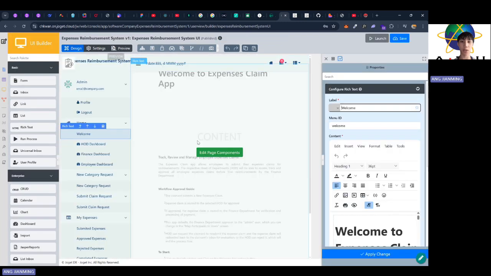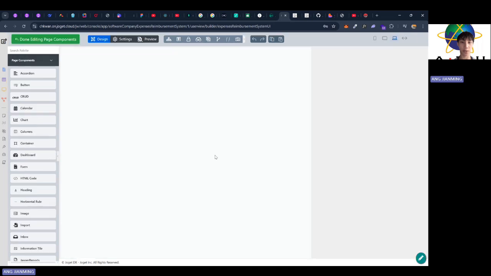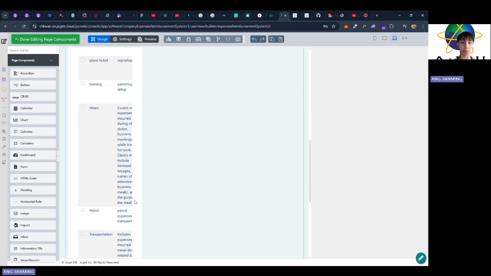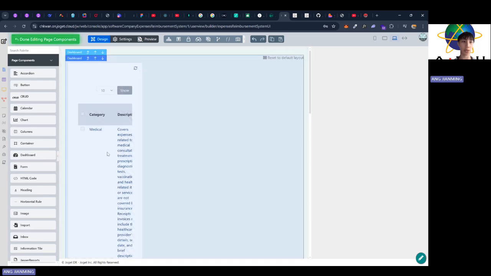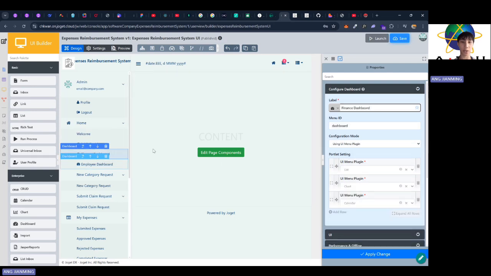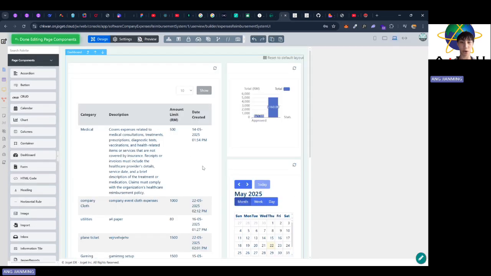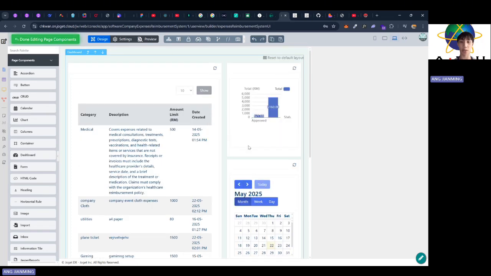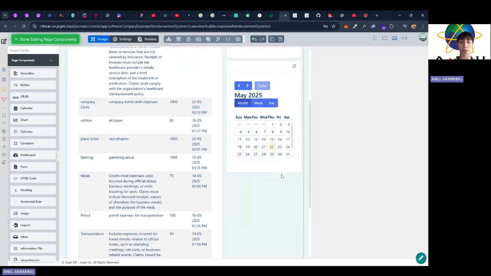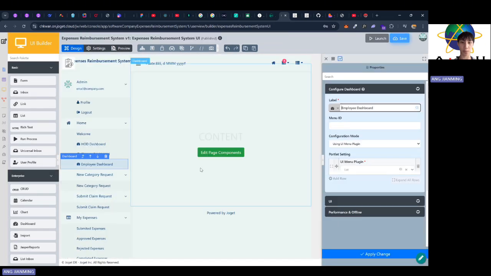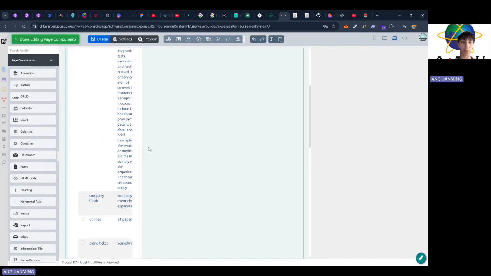Within this section, there is all the dashboard. As you can see, there are contents. Right now it's not displaying properly, but basically that's how it works. And as you can see, there are other financial dashboards, which is a more perpetual one because it has all the features inside, which is basically the admin's dashboard, the level 2's dashboard, and then the employee dashboard, which is very similar to the HOD dashboard